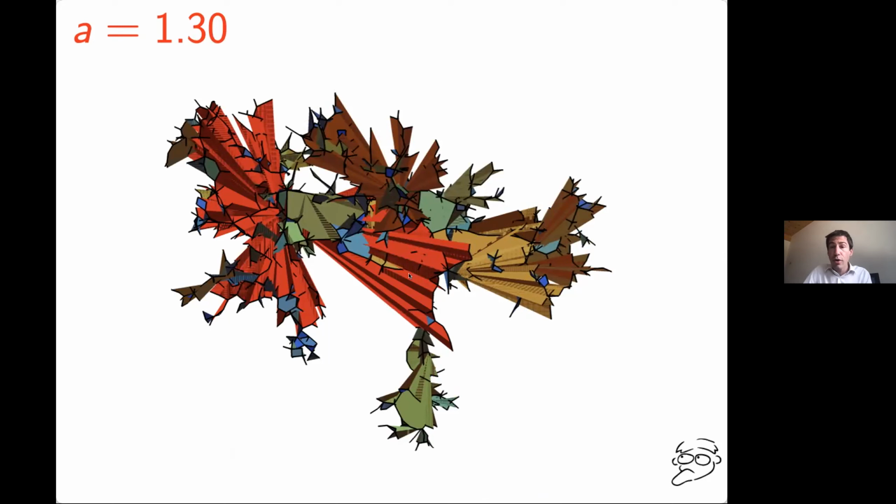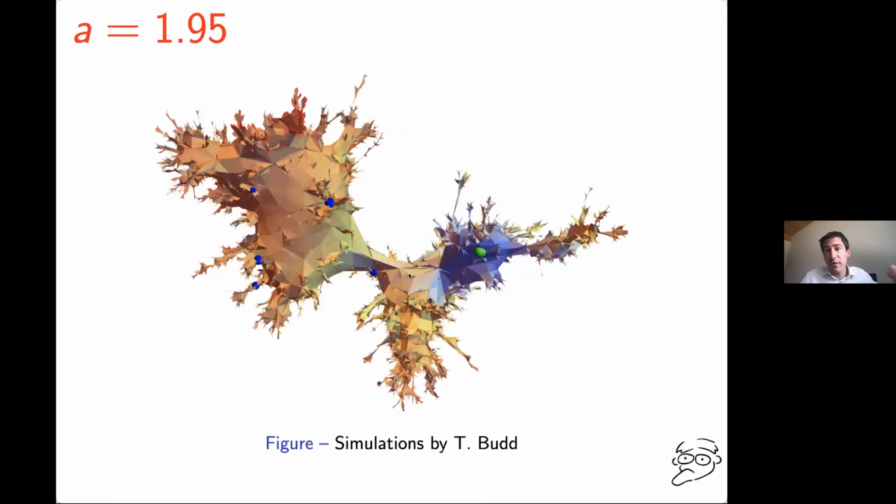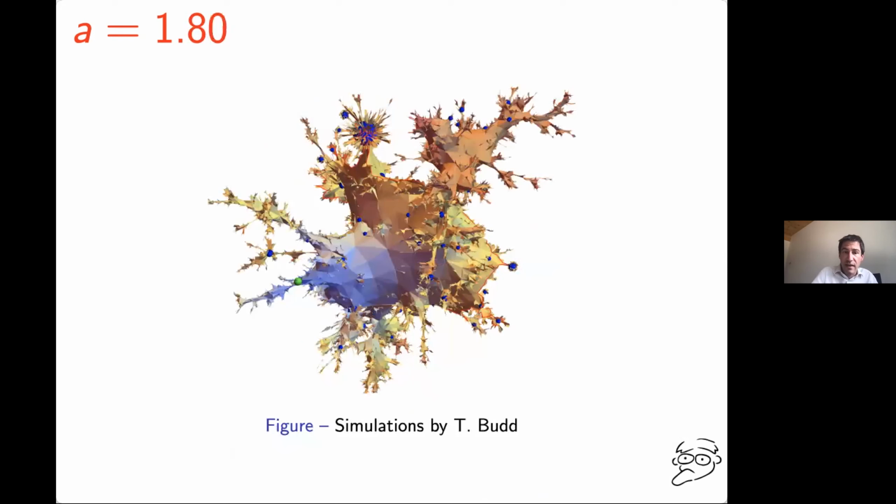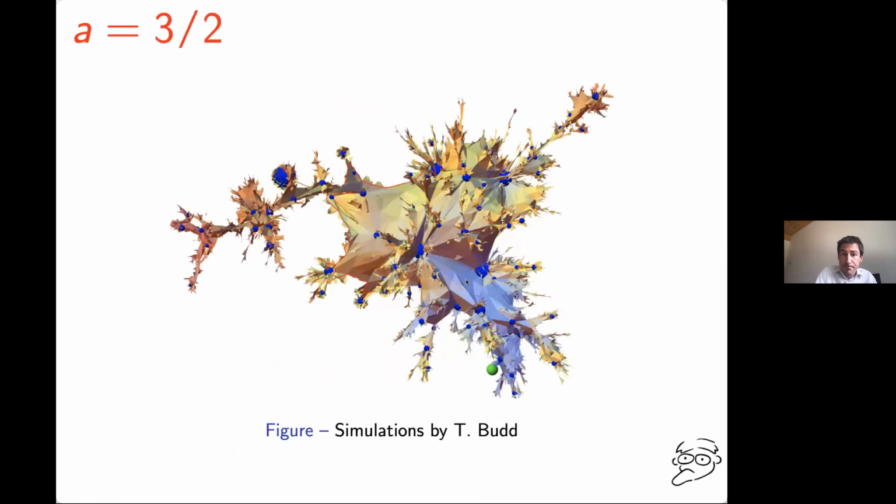You can also do the dual of those maps. So instead of gluing large degree faces, you take the dual, and in the dual version, you will have large degree vertices. And here the simulations are due to Timothy, but we start again from a close to 2, which is the Brownian sphere case, where we see almost a Brownian sphere with a few hubs, with a few large degree vertices. As you decrease a, those large degree vertices tend to be more and more present until a is equal to 3/2, where they are really present.